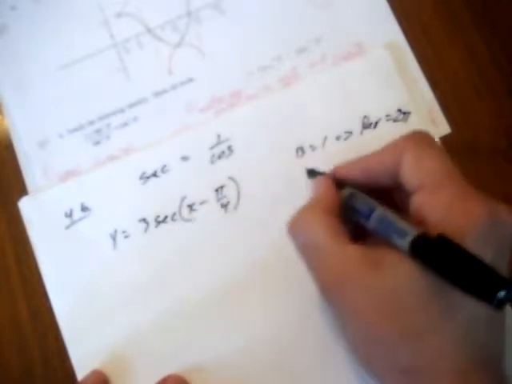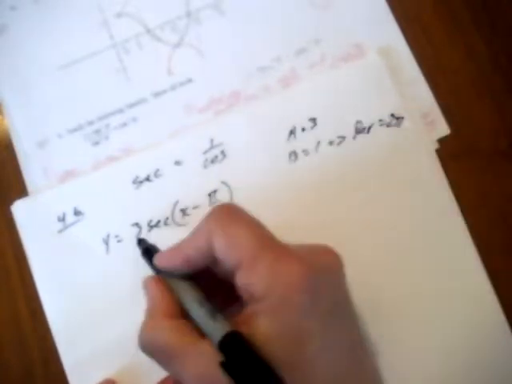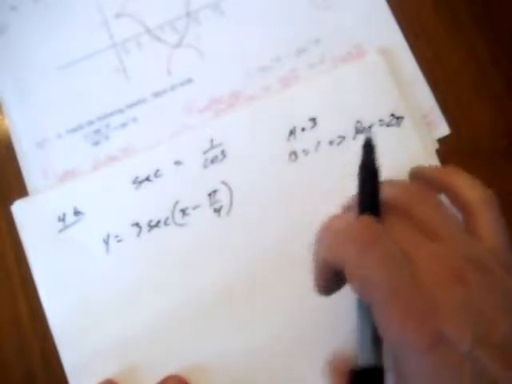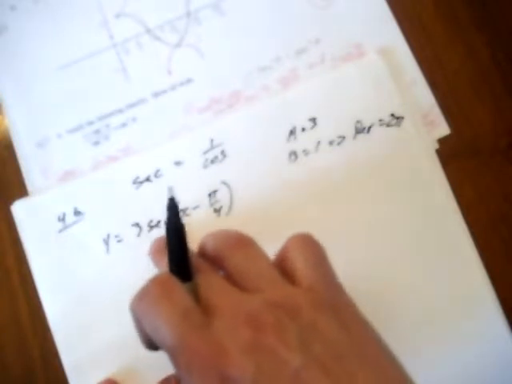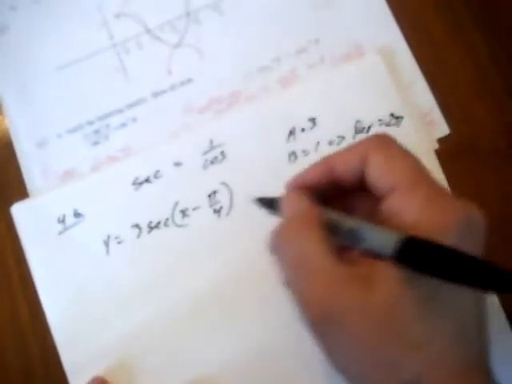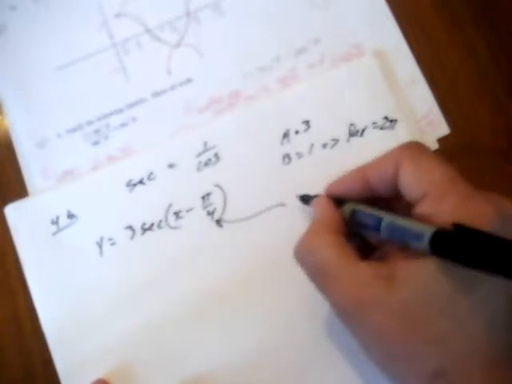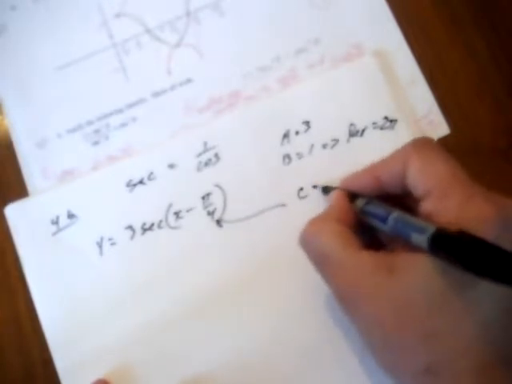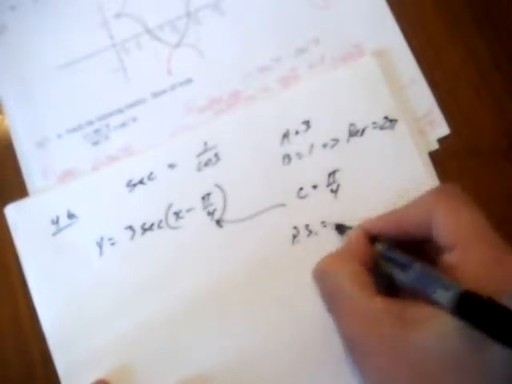What is my a? a equals 3. That's the change in amplitude for cosine, which will affect secant accordingly. Now this is really the key right here. This affects the phase shift. So c equals pi over 4, therefore the phase shift equals